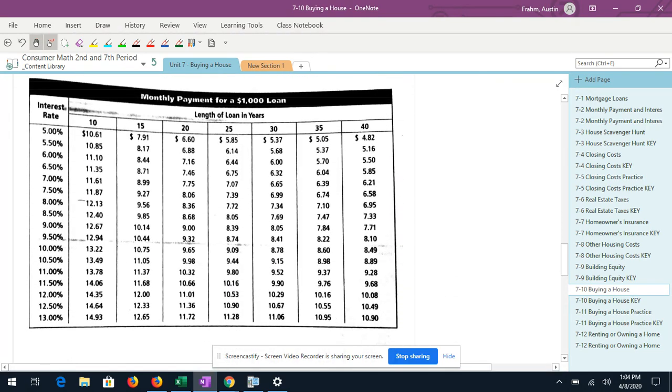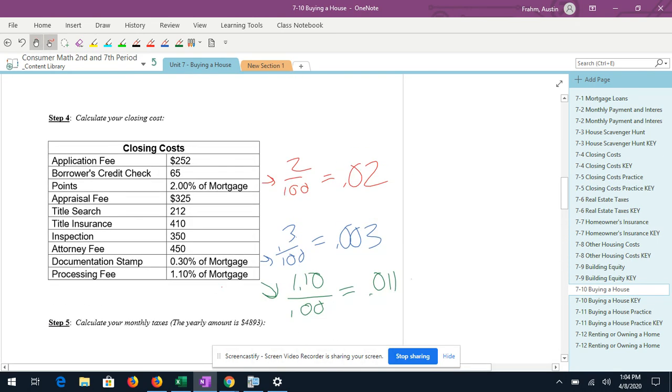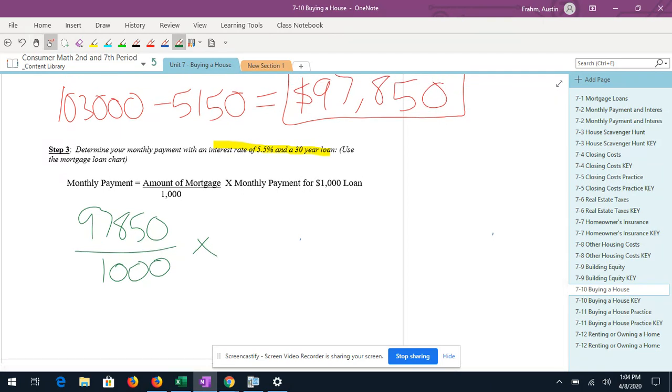So if we scroll down, here's our chart. The percentage or interest rate was 5.5%, and the length of the loan was 30 years. So where those two intersect would be 5.68. So we would multiply this by 5.68. So if we type this into our calculators,